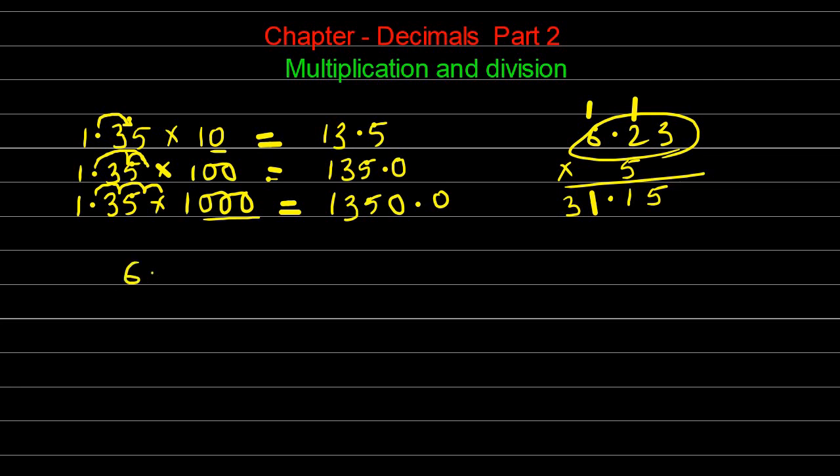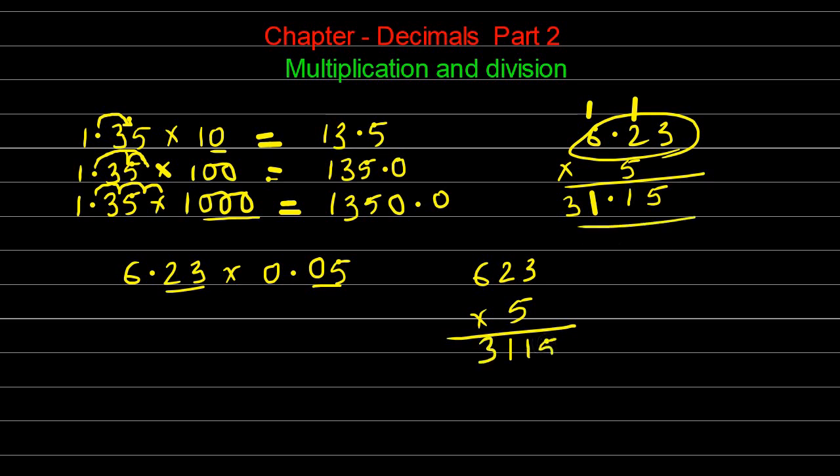So same numbers, if I take 6.23 times, now 5 will make it 0.05. Okay, so you can see here two decimal places are there in both. So let's now multiply them. What you need to do is, for some time forget about their decimal places and write 623 and 5 and multiply them. Obviously the answer is the same,